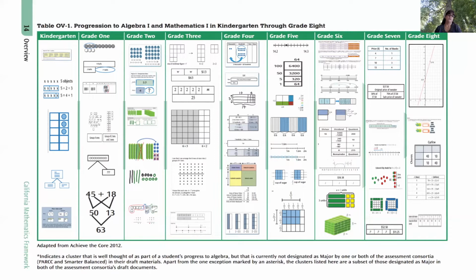So knowing what visuals they probably used the year before, and maybe checking on that, will help you build on that knowledge for your visuals in your grade. And it's a progression of building these brain pathways to see these things visually and to have them make sense. So I really hope that this is of use to you in seeing this progression